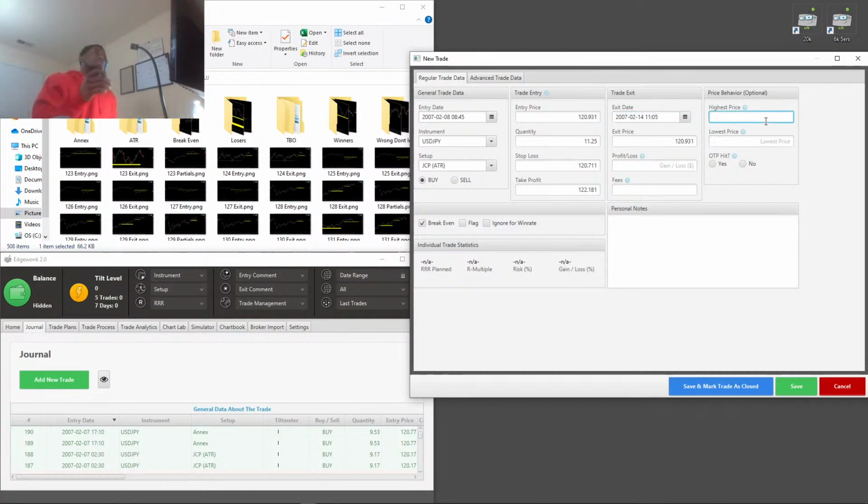This is what I've been writing down, the highest and lowest price. Writing that down allows me to get the information from my MAE, which is the max adverse excursion, basically how far in the drawdown particular trades go, which for me, the important part of that is how deep in the drawdown my winners go, so I know what to expect from my winners, and at what point my trade is most likely just a losing trade.